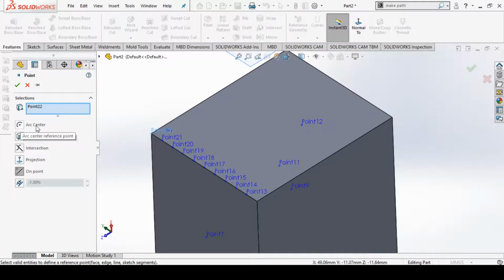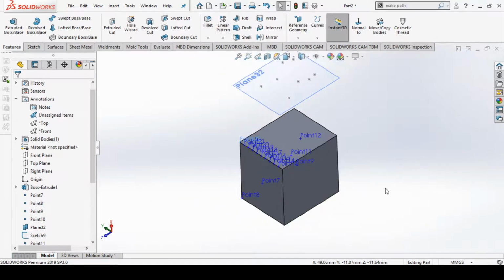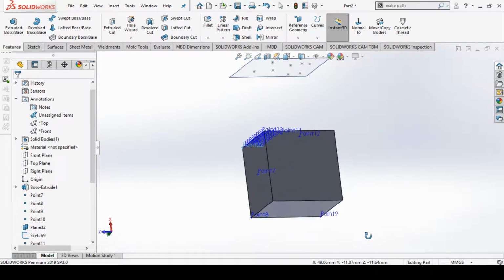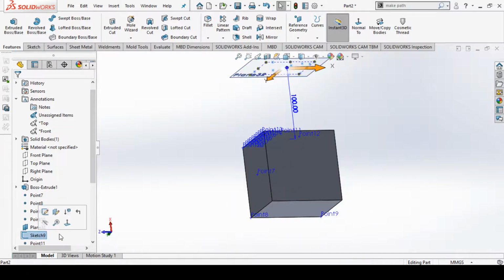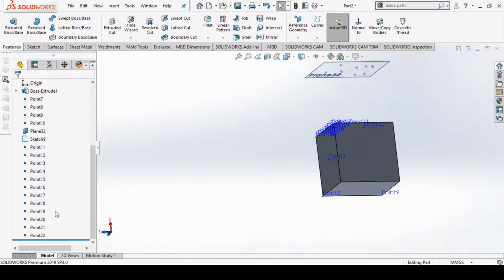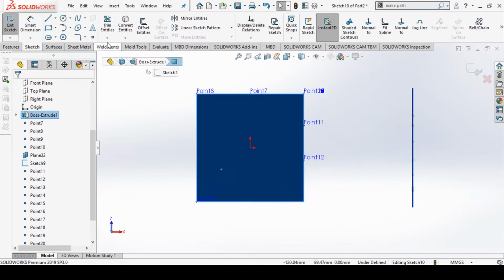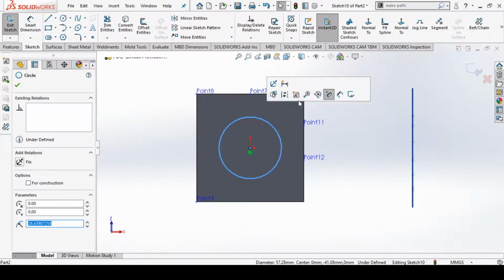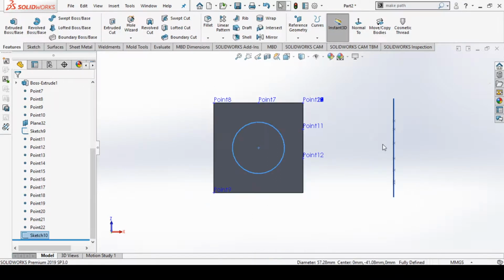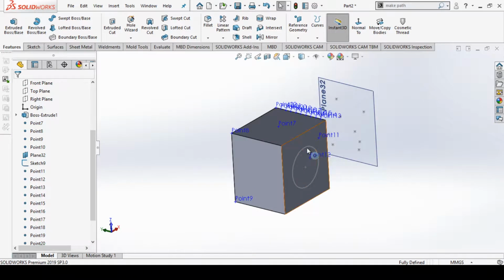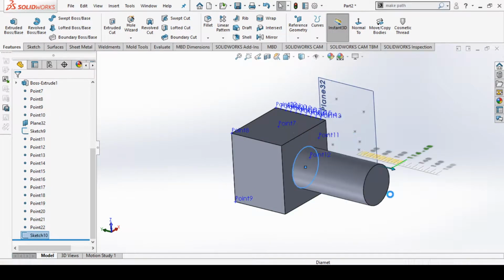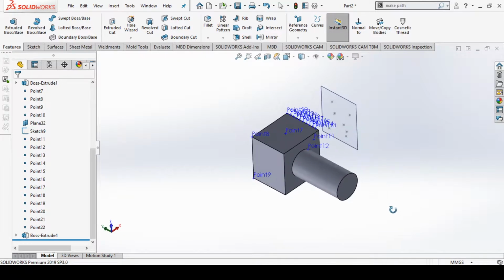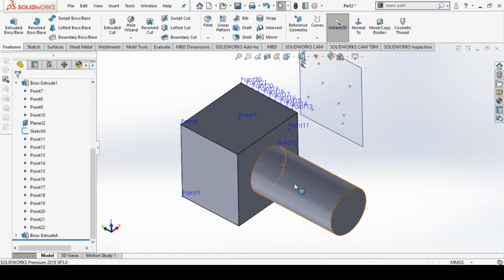Now this is all the basics that we can create. We are left with the arc center. For that purpose, I have created a sketch. I can select this face, go into sketching mode, select a circle, and draw a circle. Then I will make it fixed and exit from the sketching mode. Then I will select this sketch and extend it in this direction, because we are using Instant3D, we can directly do this.